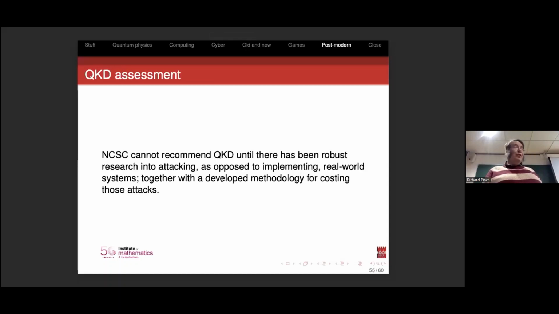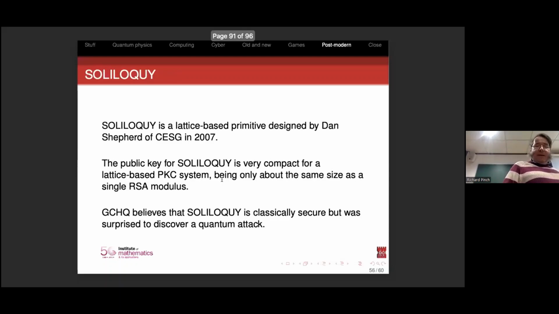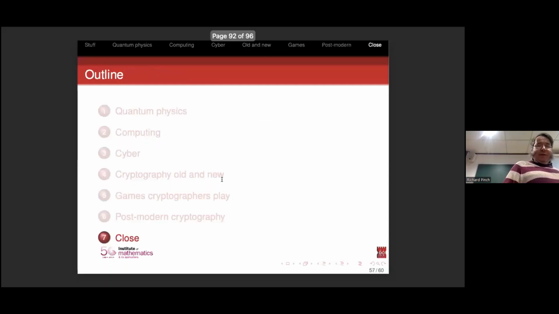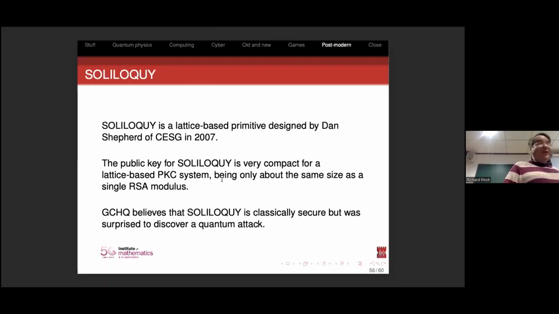But the National Cybersecurity Centre, which we used to work with, don't recommend it because, as I said, their view is that you're looking in the wrong place. Soliloquy, we don't recommend either. We never did recommend it. But it was an example, and a very interesting one to us, of a case where a quantum attack was found on a potentially quantum resistant system. And it makes me feel a little unhappy about some of the others,